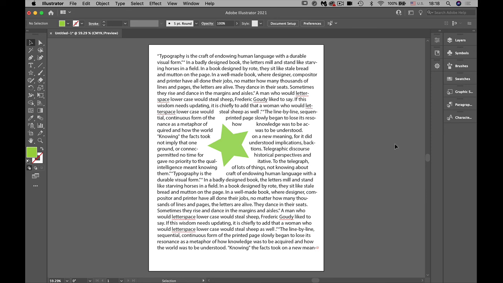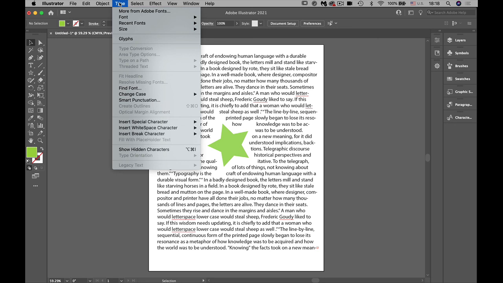And next week, we're going to do the brochure. So under the Type menu bar, what do you have? More fonts, recent fonts that you use, size. You have something called glyphs, and we're going to deal with it next week. And then you have over here, type